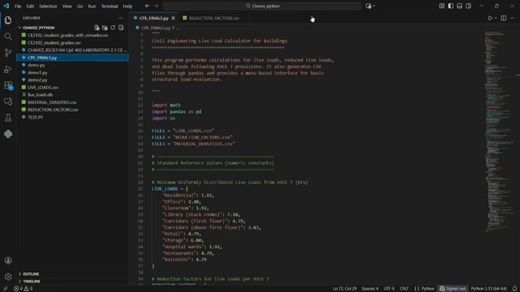The project uses a modular Python structure where each calculation type is handled in separate functions. This keeps the code clean, organized, and easier to maintain. Here we use pandas to export reference values into a